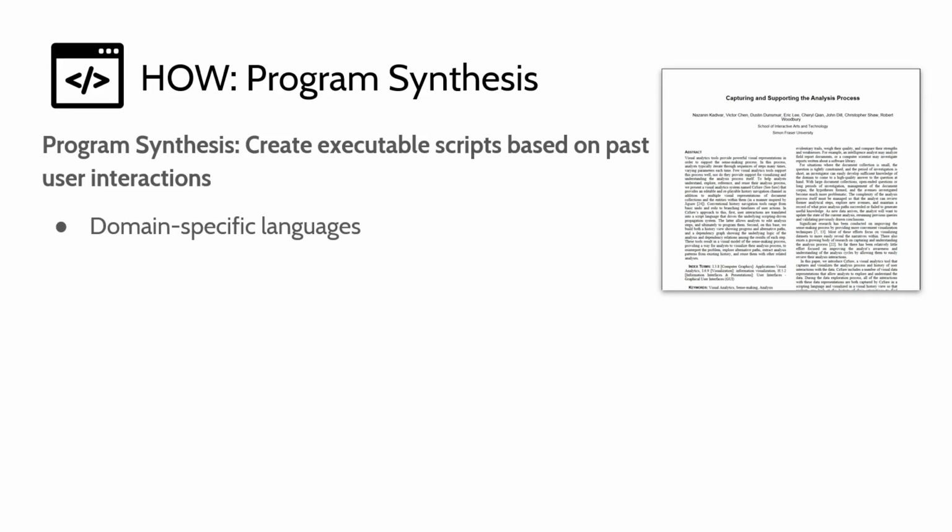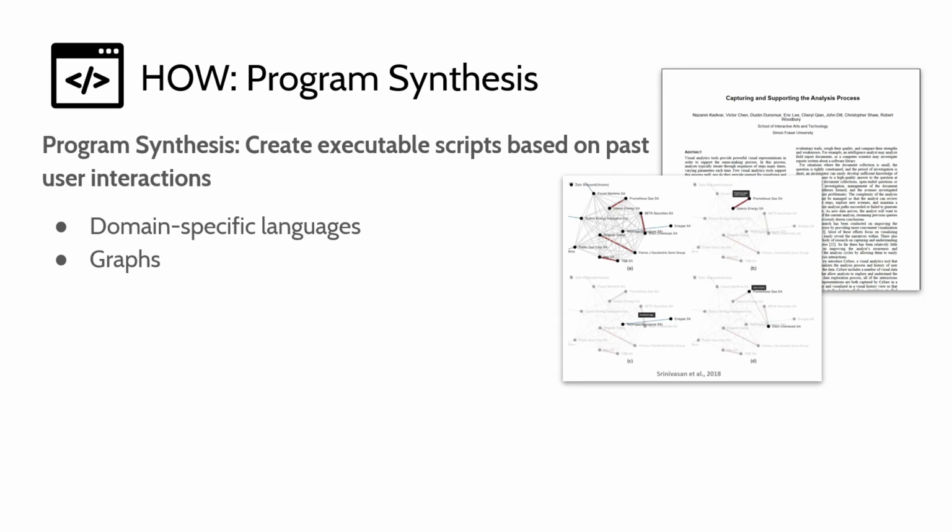Program synthesis represents another method for provenance analysis, closely related to the grammar approach of encoding provenance data. For example, the use of domain-specific languages to encode provenance data, which later may be converted into regular expressions. More complex forms of encoding, like graphs, have also been used for the encoding and analysis of provenance data.